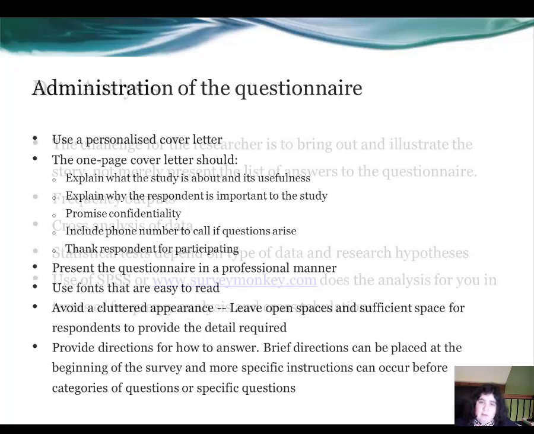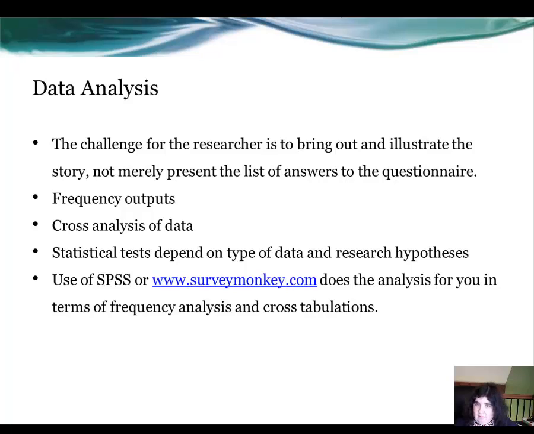And then we have data analysis. Data analysis is a challenging section of any study, be it a strategic commercialization plan or a thesis. What is typical is the frequency output or a cross-analysis of data. A frequency output is basically showing the percent of your response who indicated yes or no. And cross-analysis of data is where you can take two variables or even three and compare and contrast them. And within that, you can do some